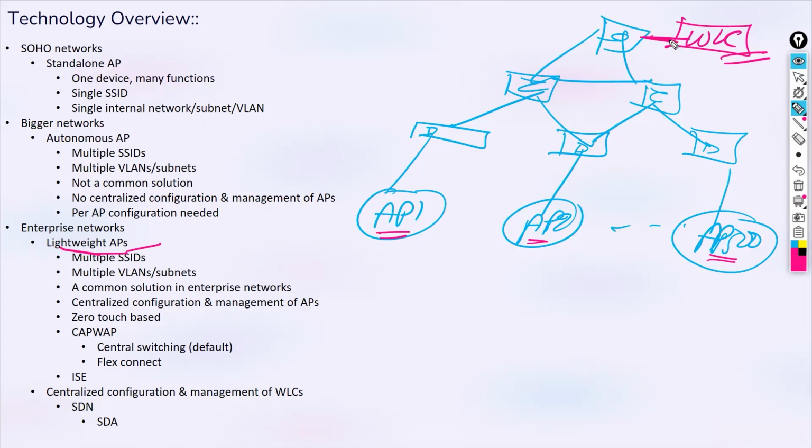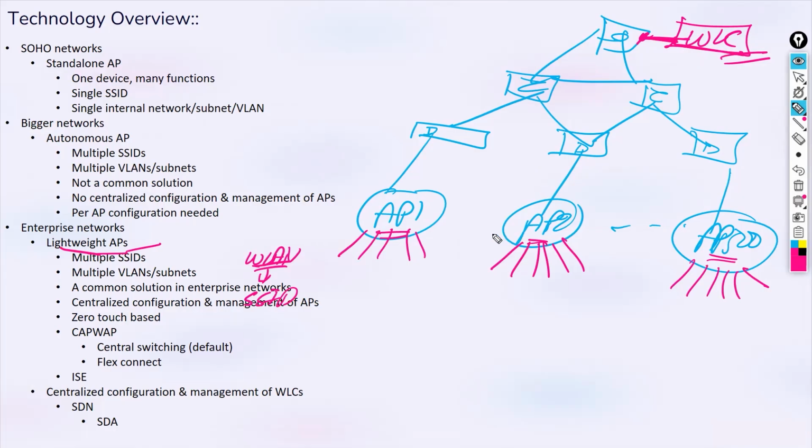It is connected wired, right? By wired on the switch interface. It is just known as wireless LAN controller. Why? Because what is a WLAN? By SSID, right? So you will not go to each and every AP to create whatever number of SSIDs or WLANs that you need. No, that will be configured centrally on your controller. So that is one way we call that device a wireless LAN controller or a WLC.